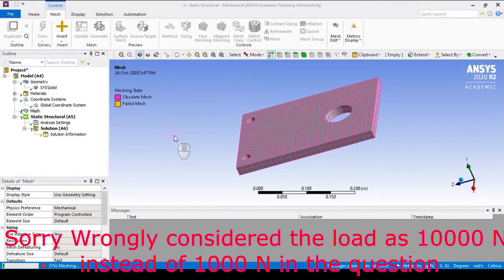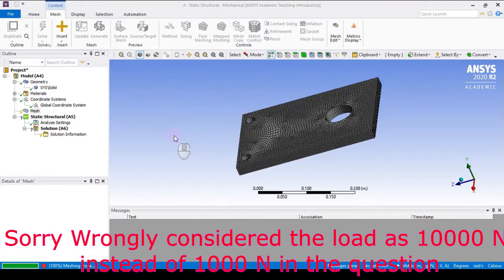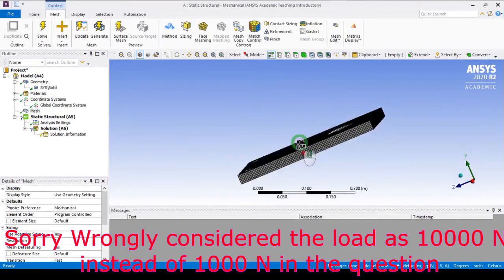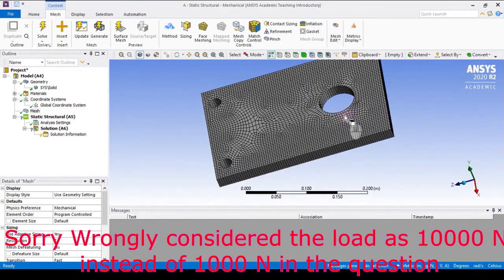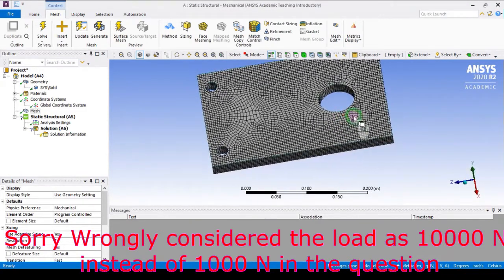Since you have lots of elements here, it takes some time. Yes, you can see there are lots of elements here. So it is very finely meshed. This is one way of doing this type of meshing.